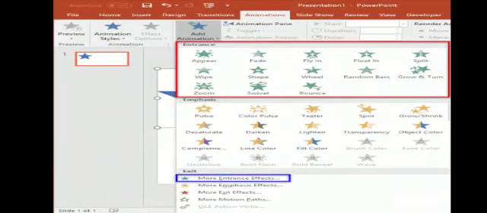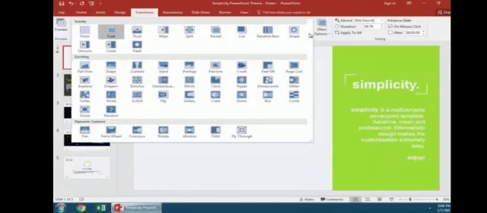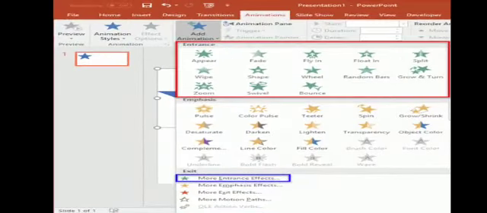When you click on add animation, 4 different types of animation effects will display. First is entrance, then exit, emphasis and motion path. So what are the uses of these effects?